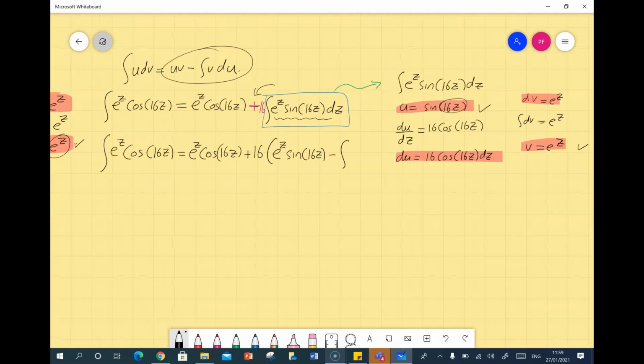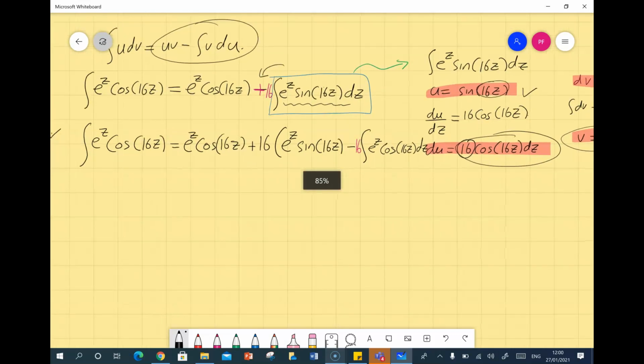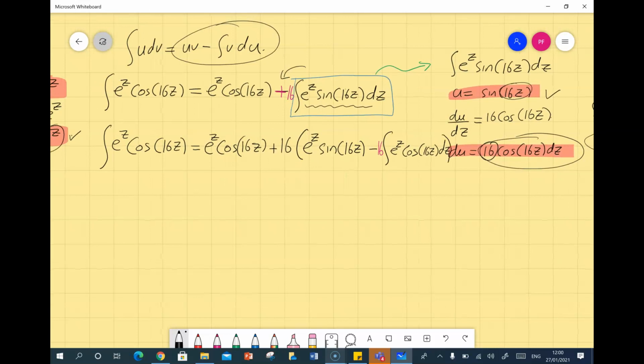So v du is e to the power of z by 16 cos 16z dz. Now that 16 will be multiplying everything, so I'm going to pop him outside here. Okay, so that'll give me e to the power of z cos of 16z dz. So it doesn't make my work a whole lot easier, except for the fact that I notice,